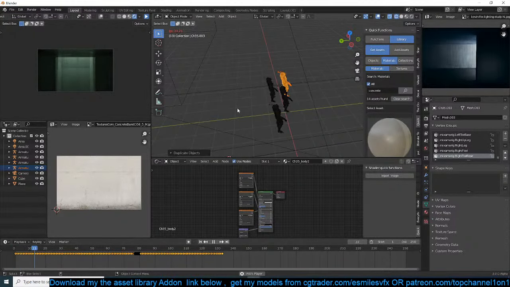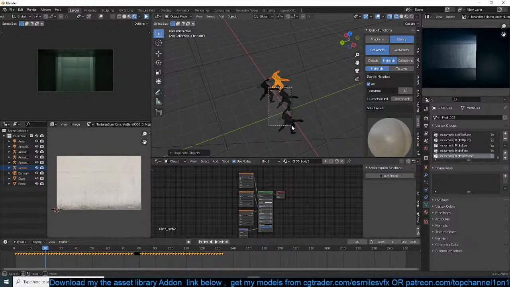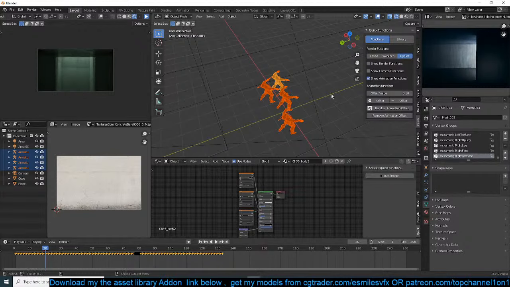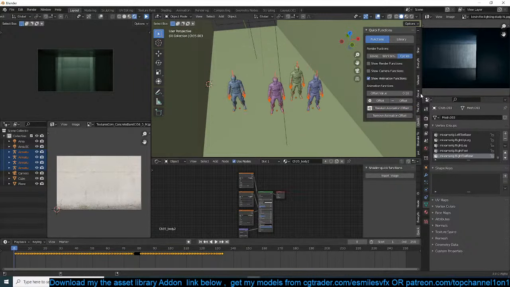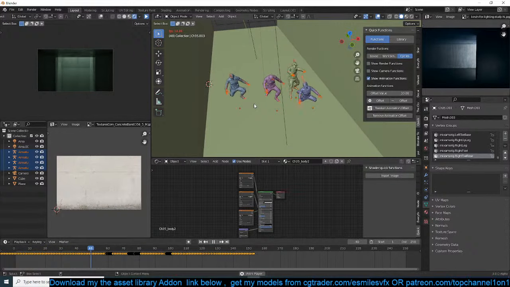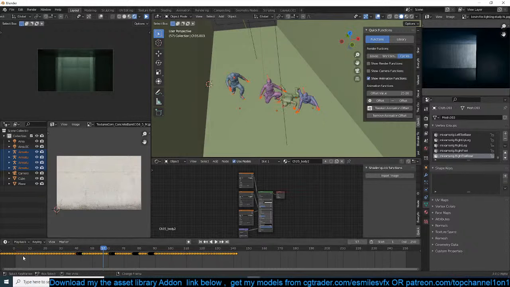Right now the animation is synchronized, but using the quick functions add-on, which again was the asset library, I'll just go to my quick functions, show animation functions, and just hit randomize animation, just so we have some randomized animation. So I need to change this to a large number like 10, so that the animation of the characters is randomized. Let me reset this and maybe use a value like 25, randomize,